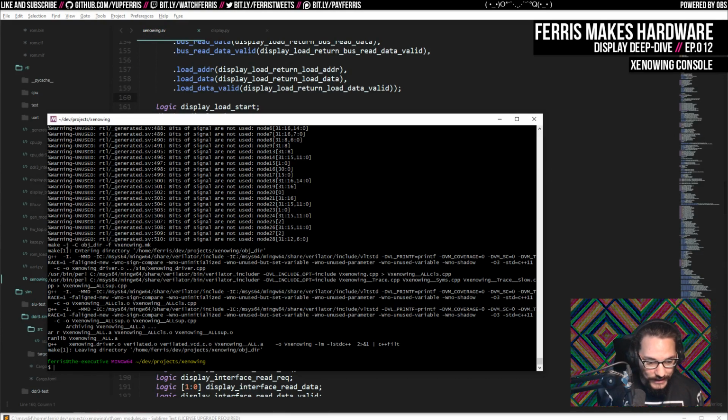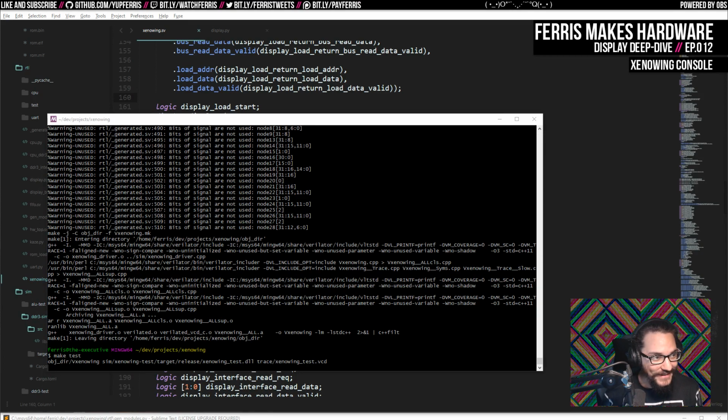So this seems to have built. I'm going to do a make test, which takes a while right now. It actually opens up a mini FB window, which is off the screen right now, and I can't drag it because it doesn't update the window until it actually gets any data, until it gets a vsync pulse. So I'll have to wait. And it takes a while to...